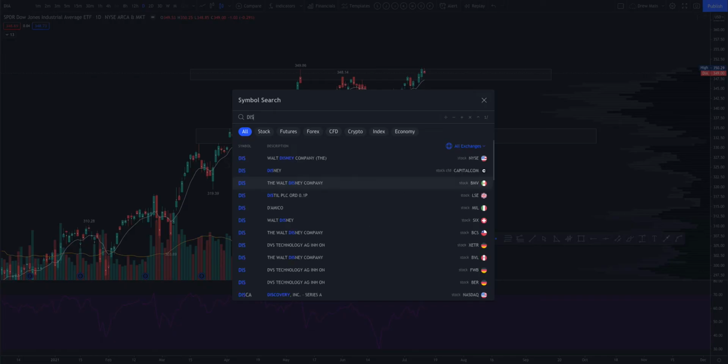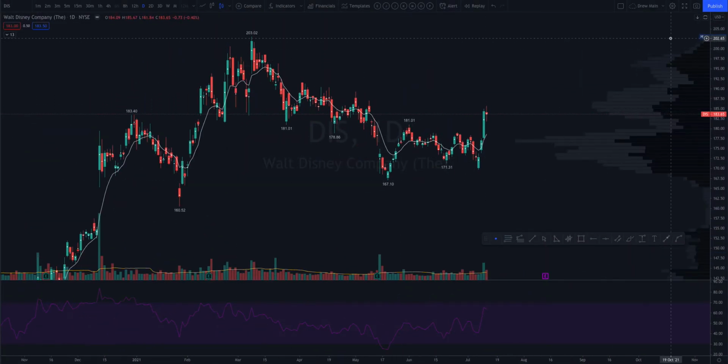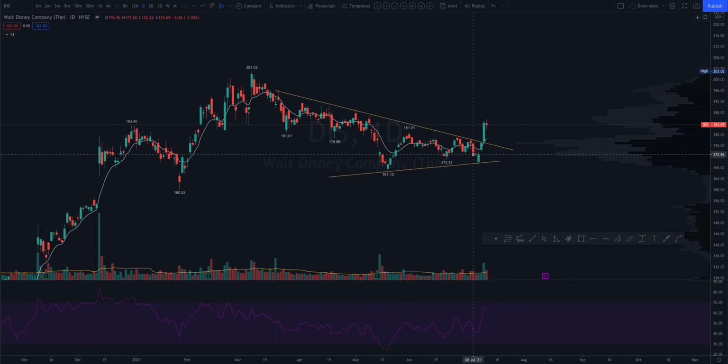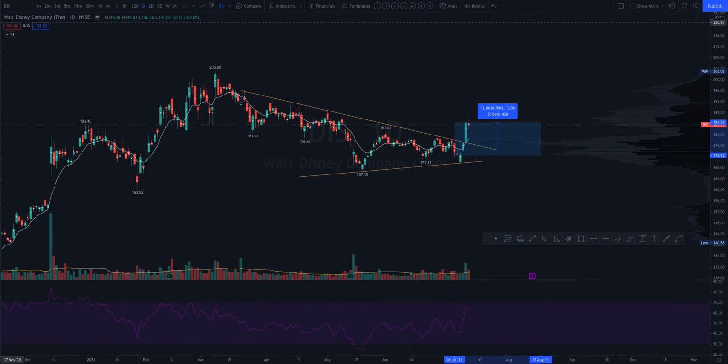But yeah, overall, I just wanted to touch base with Disney, because we were watching that triangle pattern, and if you guys took that play with me, we already made pretty good profit. So let's see, let me redraw it so it's a little cleaner, something like that, right? So in that video, I think we entered in around here. We didn't nail the bottom. Still like a 7% move already with common shares, and obviously if you take that with calls, it's a lot